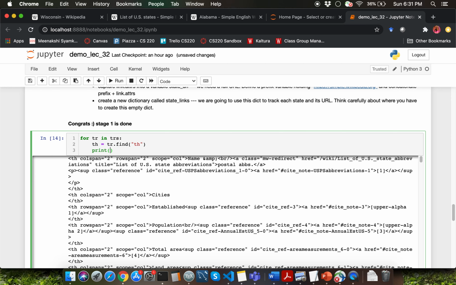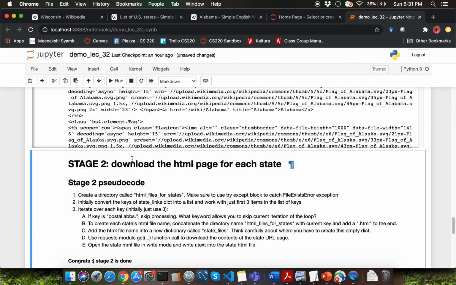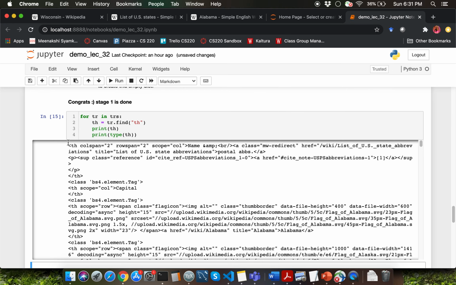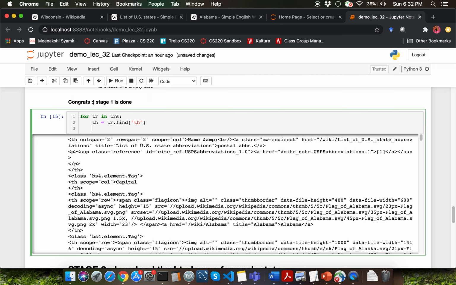Let me go ahead and print th, and I'm also going to print type of th. Right, looks like we are getting the table header value here, and we are getting that as a BS4 element tag, so that's a good sign. The next thing which I want to do is retrieve the anchor link inside